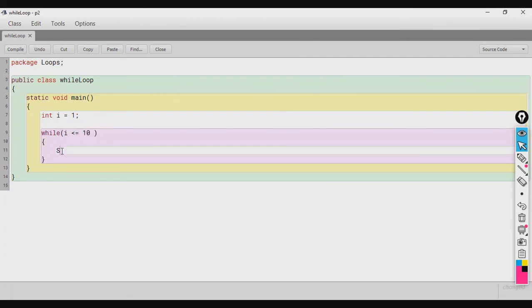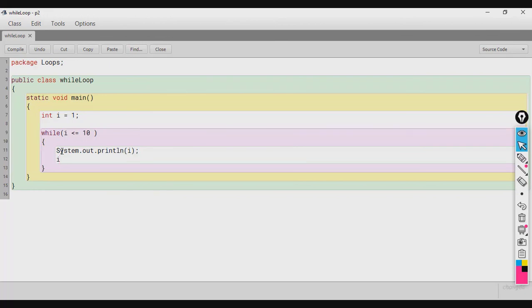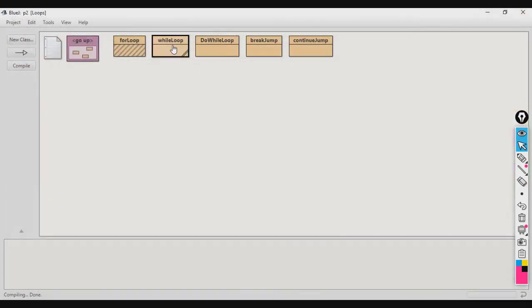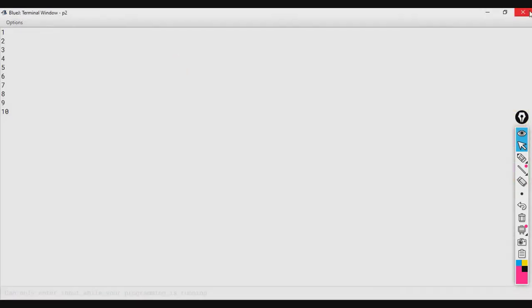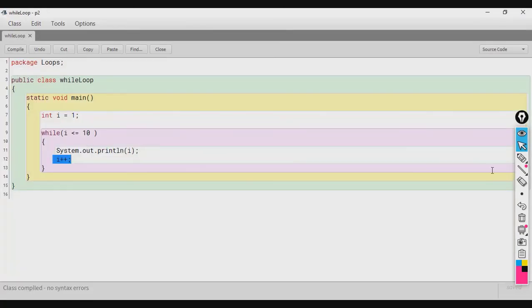And then inside the loop body I am printing the value of i, and the update of the control variable will happen inside the loop body. Here you can see I have written i plus plus. So, update of the control variable is happening inside the loop. This is known as while loop. It will also print all the numbers from 1 till 10. So, the loop is executing 10 times, and in this loop you cannot leave the condition part blank as you did in for loop. That will result in an error.